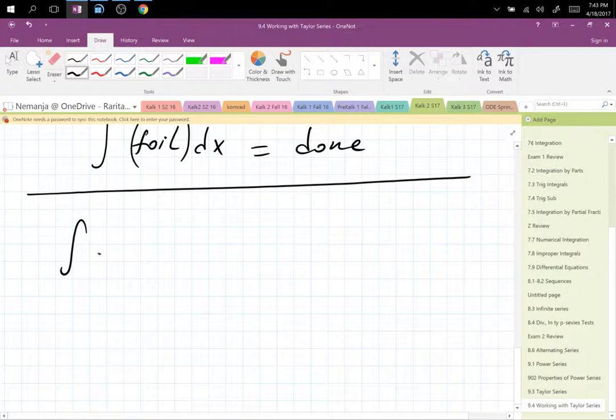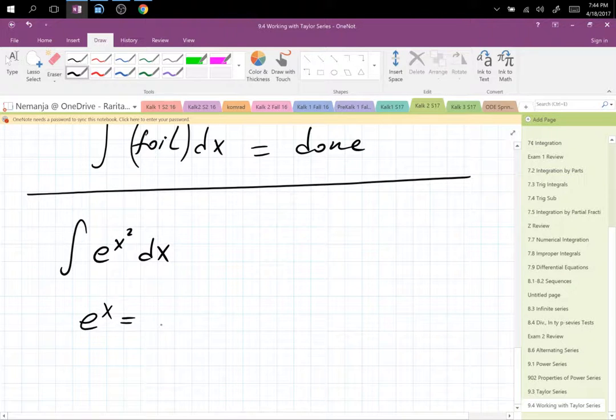Now, remember how you can't even do this problem? You remember how you can't even integrate this? Yeah, you can't. You can't integrate this because you can't. However, if you're clever about it, you would immediately say,